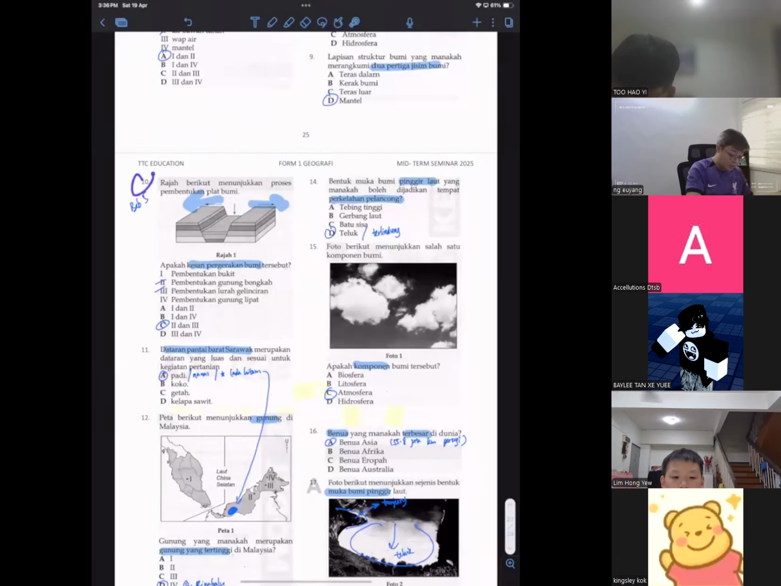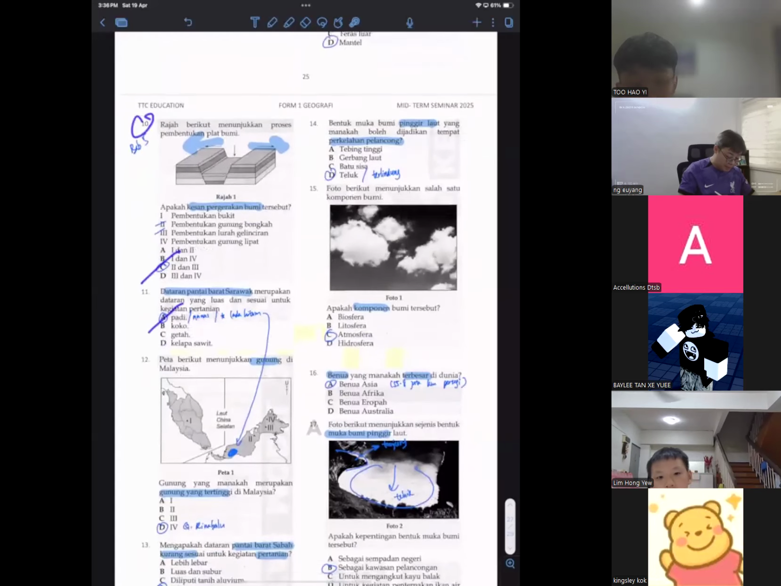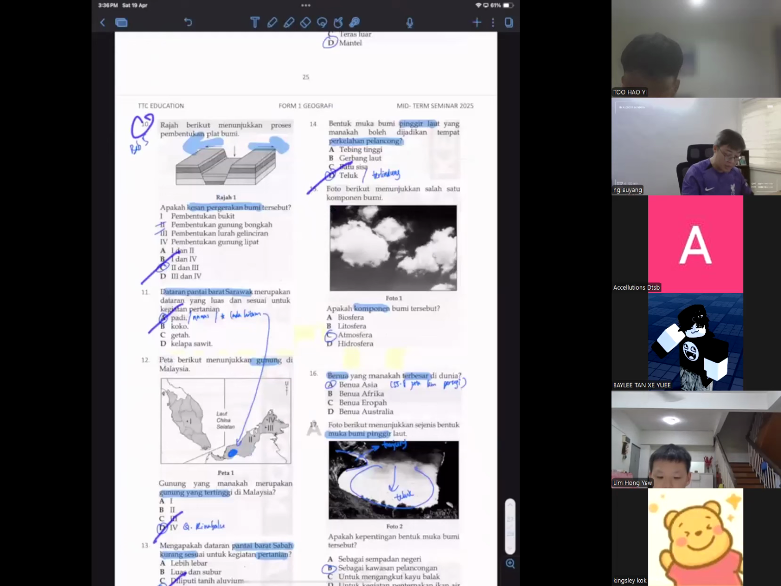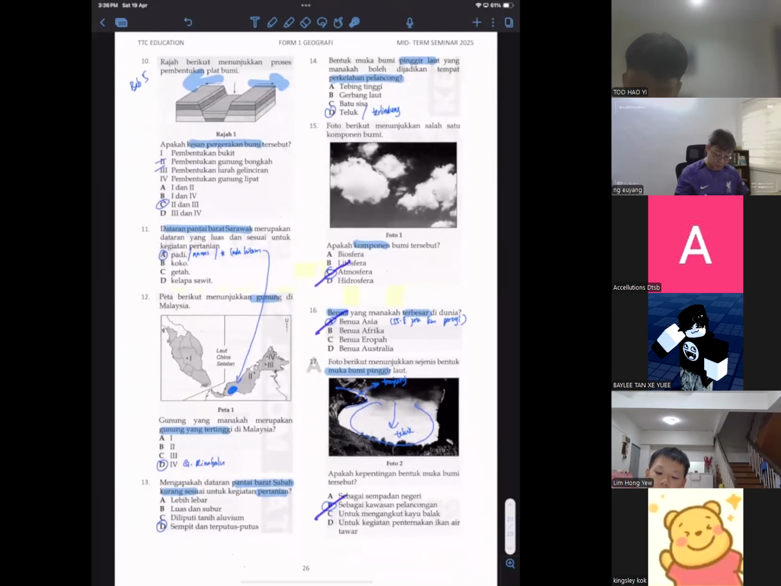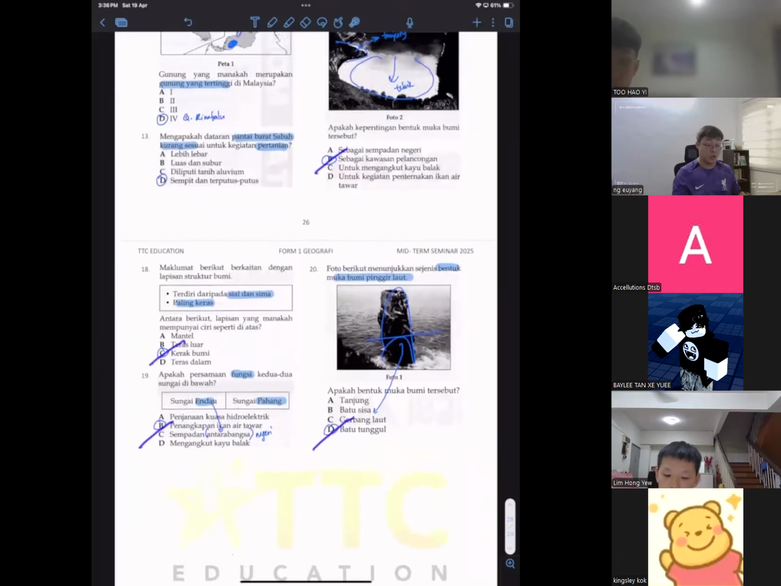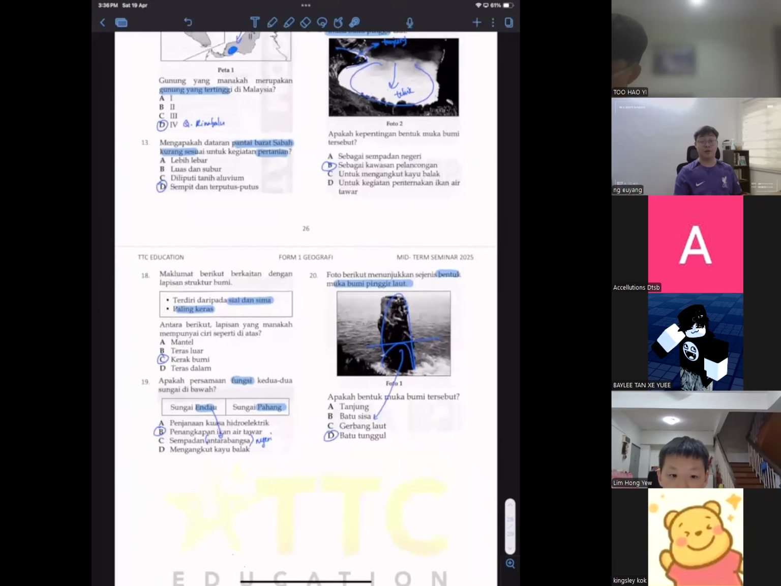Number 10 is C, 11 is A, 12 is D, 13 is D, 14 is D, 15 is C, 16 is A, 17 is B. So the last 3: 18 C, 19 B, 20 D. So that's it for your